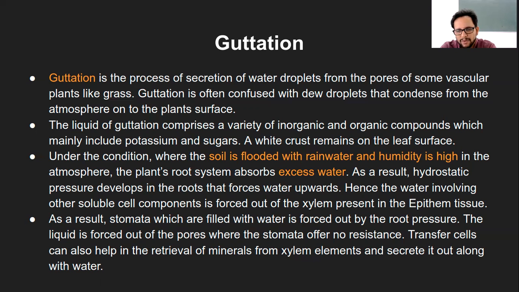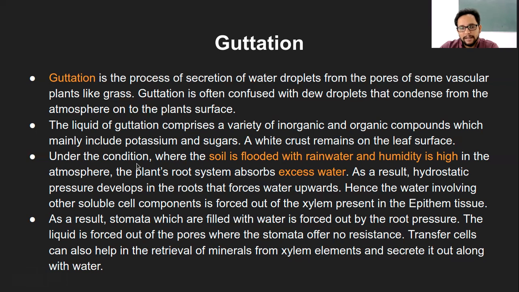On the leaf surface, usually next to the edge or margin of the leaf, there will be a white crust of these organic and inorganic molecules, because they keep precipitating there as water keeps going out at the end of the veins. So, only in some cases, but not always, you will see this white crust due to the inorganic and organic compounds being pushed out. And that is specifically because of the potassium and sugar molecules being present in the plant.